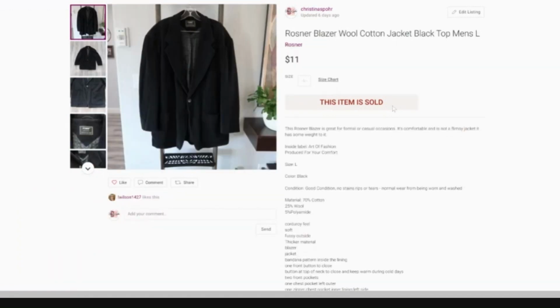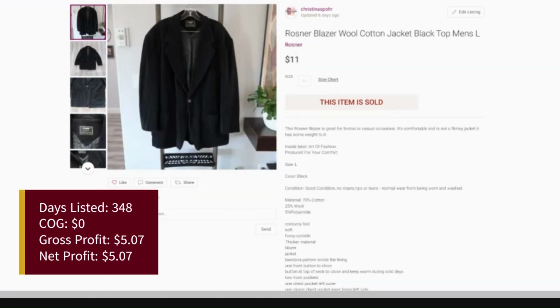Next is this Rosner blazer. It was listed November 10th, 2022, sold October 28th, 2023. It was relisted. It was total listed of 348 days. My cost of goods is $0. My listing price was $17. It sold for $11, minus the Poshmark fee and shipping of $2.95 and $2.98, which gave me a gross and